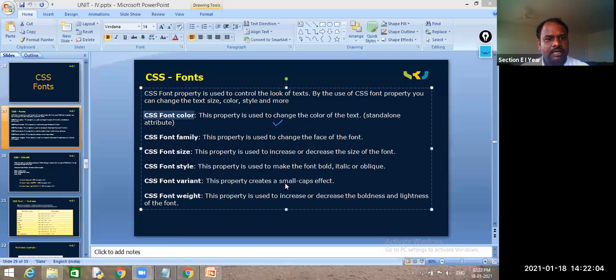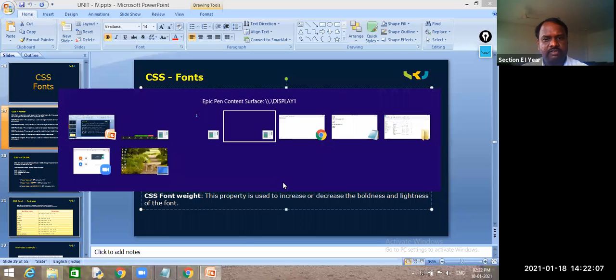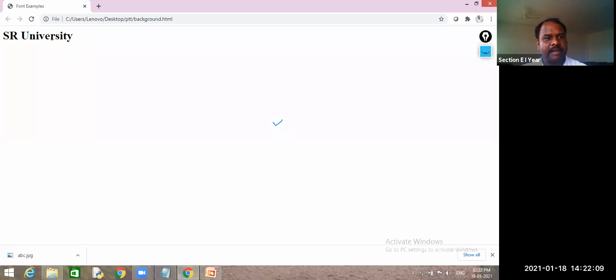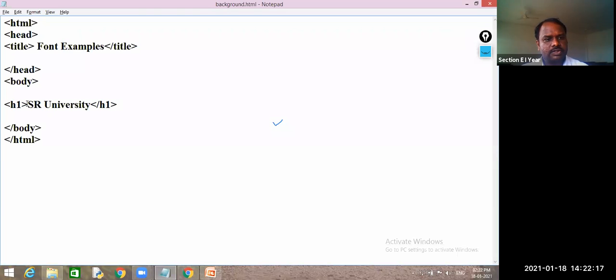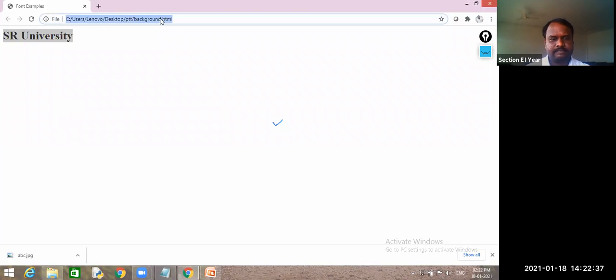Font color. Initially, by default, your font is displayed in black color. I want to change this color to red. Already we learned this property. So how do I write the color property? No need to write any attribute for this one. So style equal to, and in between open and close, color, and this is changed to red. And already you know how many ways you can give the color. So has it changed to red color or not?